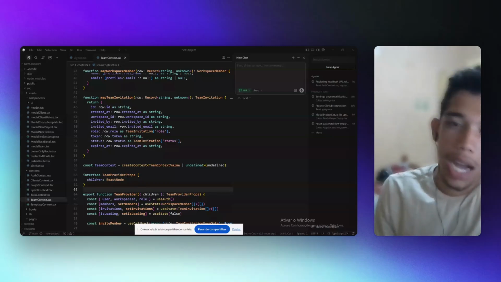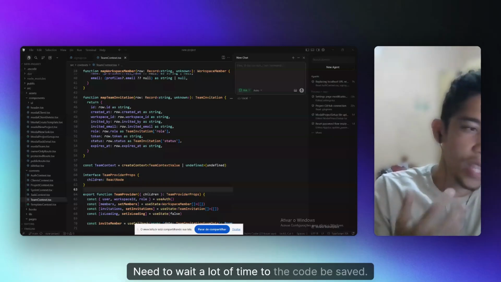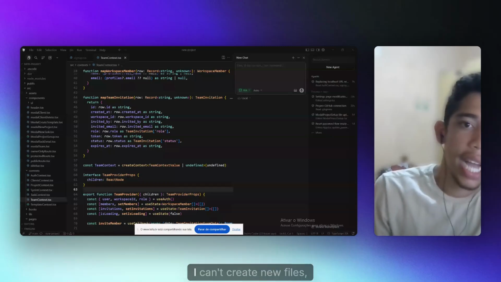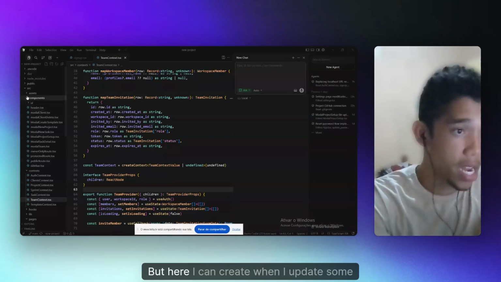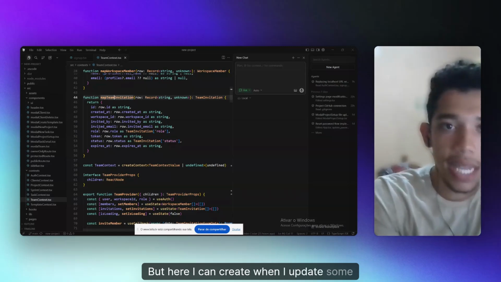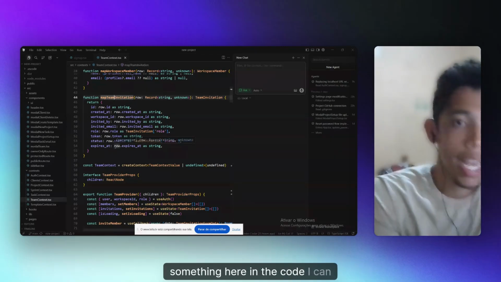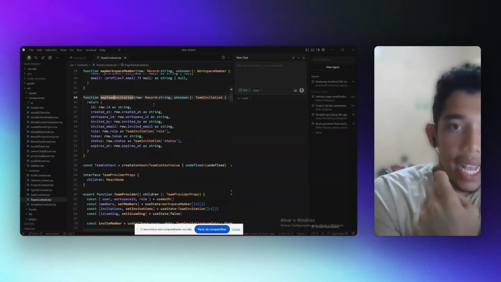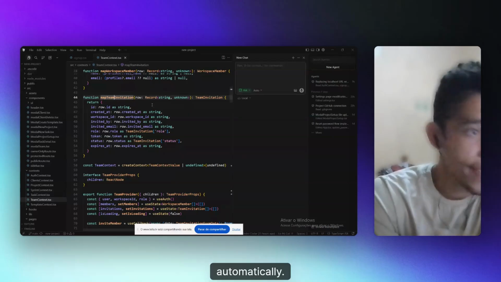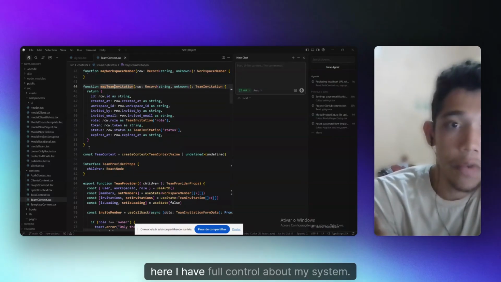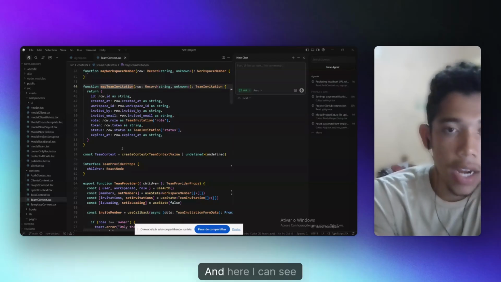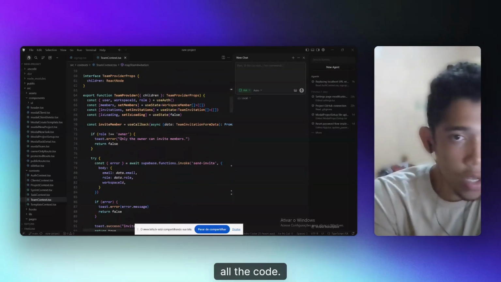I need to wait a lot of time for the code to be saved. I can't create new files or new pages. Here I can create, and when I update something in the code, it saves automatically. Here I have full control of my system. Here I can see all the code.